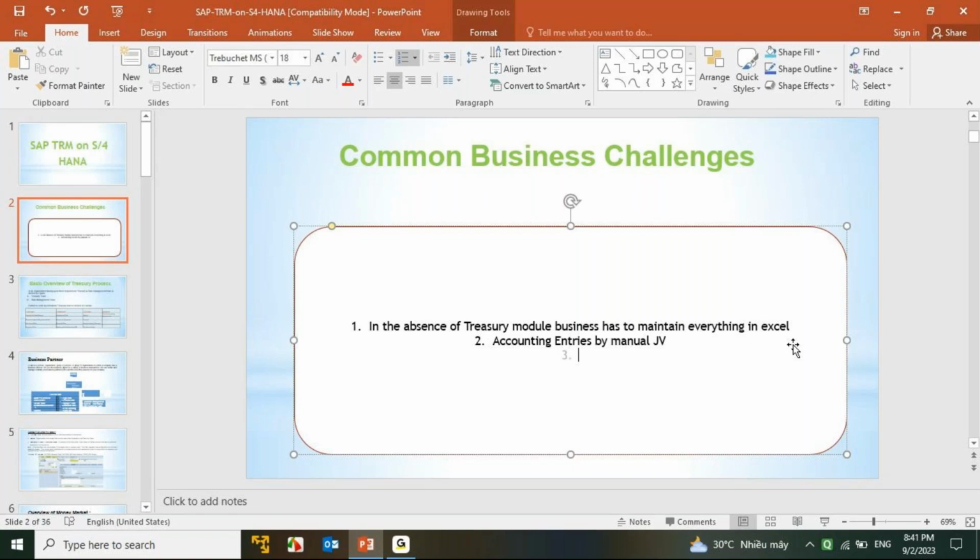They will try to pull the funds, whatever excess cash they have, and they decide based on their short-term forecasting, or their own business or strategic decision based on the short-term and long-term forecasting. If they feel that there is some fund lying here and we can park that investment, let's say for a couple of months,